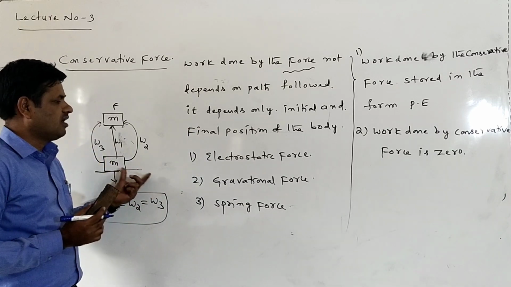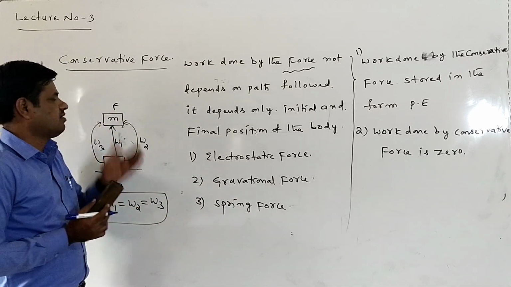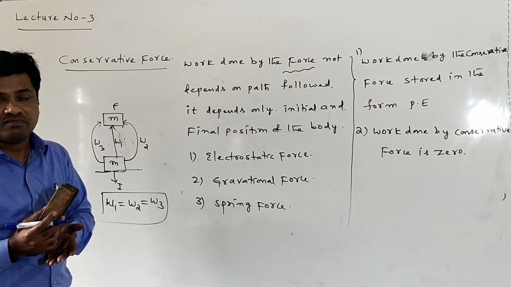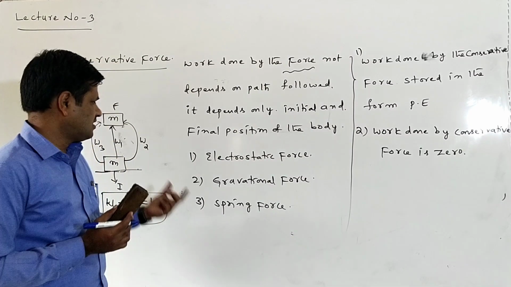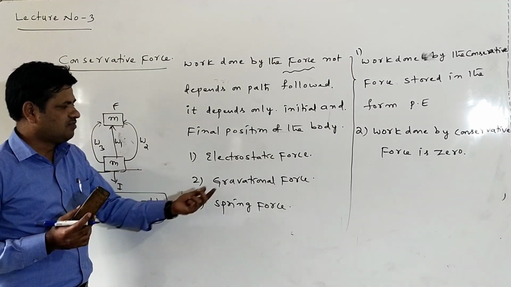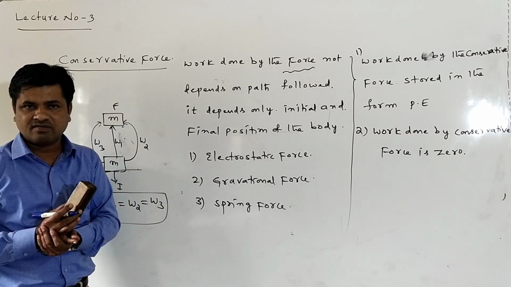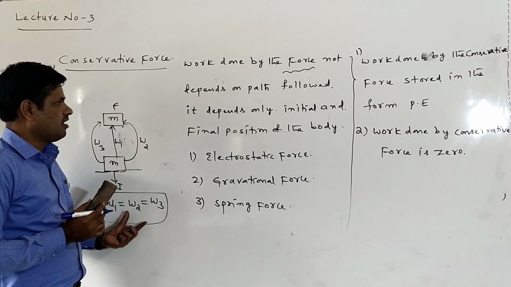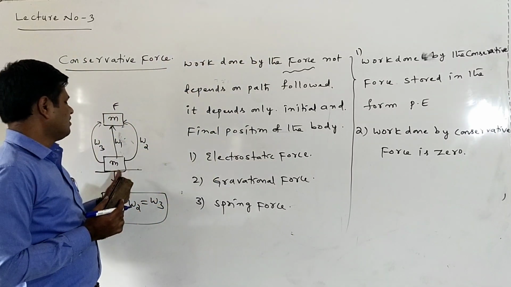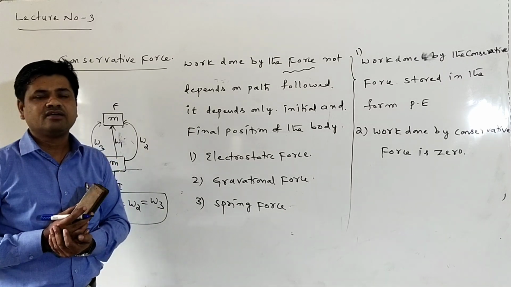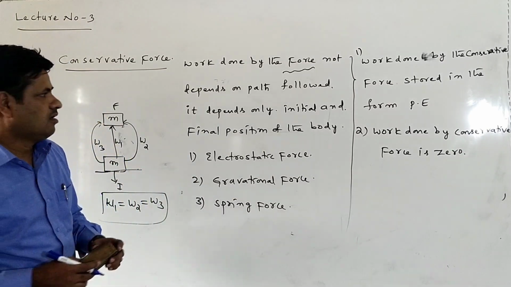Now here the work is done by which force? Gravitational force. Opposite to the gravitational force, the body is taken in the upward direction. The gravitational force is always acting towards the earth. That's the reason the work is done against, by which force? Gravitational force. Opposite to the gravitational force we are taking the body in this direction. In all the cases the work done is the same because it does not depend on the path followed. We can follow any path, the value of the work done is the same. That does not change. That's the reason W1 is equal to W2 is equal to W3. We are writing here. Right.